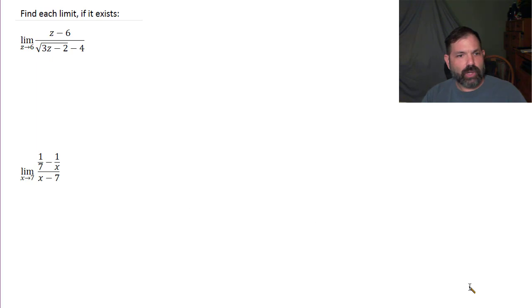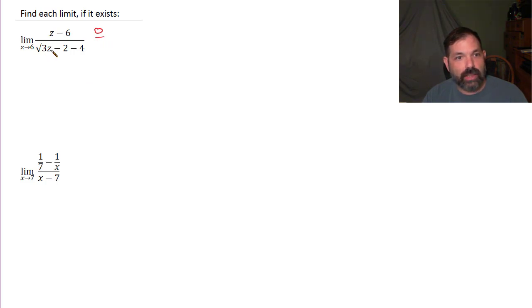So sometimes we have expressions involving radicals or complex fractions that need to be simplified, or we need to find limits of them. So our first example here is if we want to find the limit with z approaching 6 of (z minus 6) over (the square root of 3z minus 2, minus 4). All right, so if we try a direct substitution, if we let z approach 6, then that would give us 6 minus 6. That's a 0 in the numerator. And in the denominator, that would be 3 times